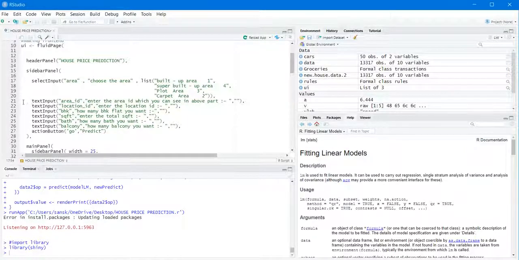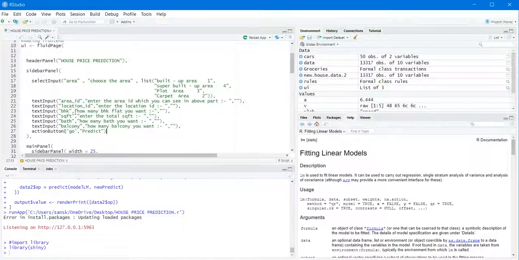After that, I have text input, with the help of which I am taking input from the user, and at the end I have one action button. When I press the action button, all the inputs I am taking here will be loaded into our data set, and after that it will show the result.